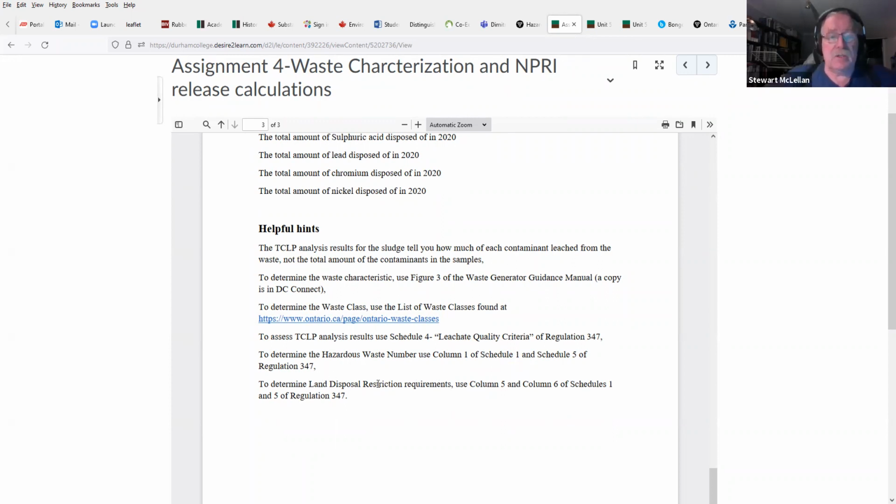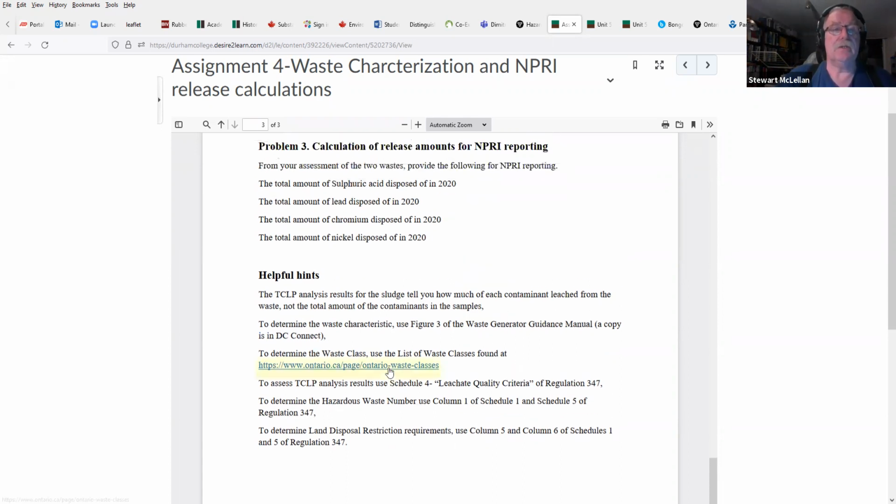And to determine land disposal restriction requirements, use column 5 and column 6 of Schedules 1 and 5 of Regulation 347. So when I put this together, I realized that we haven't really taken much of a look at the hazardous waste number that's associated with some of these wastes. So I think what we'll do right now is take a look at